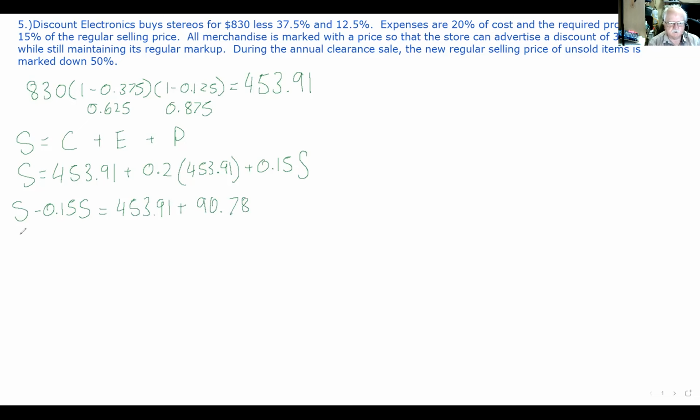And so this will become 0.85 S equal to 544.69. So now we are in a position to calculate S equals